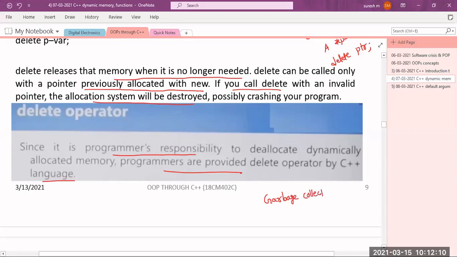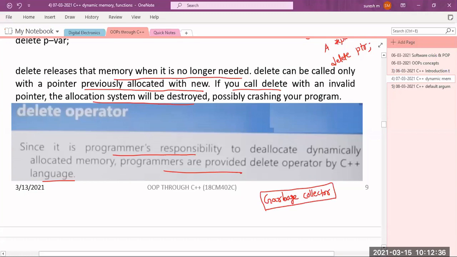So garbage collector, I think you have in .NET, right? This concept, right? What is this garbage? Nothing but wastage. Okay, whenever there are unused variables, unused arrays, unused objects, their memory is collected and deallocated so that it will be free for the next programs. That is nothing but garbage collection.